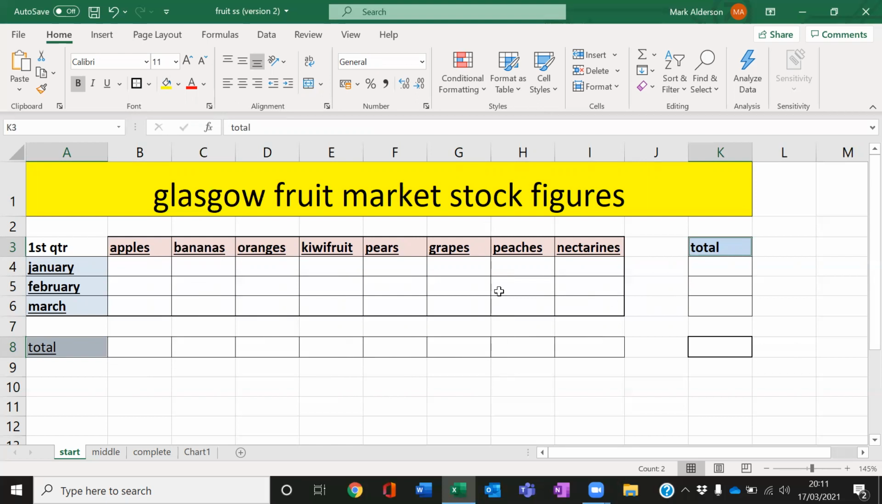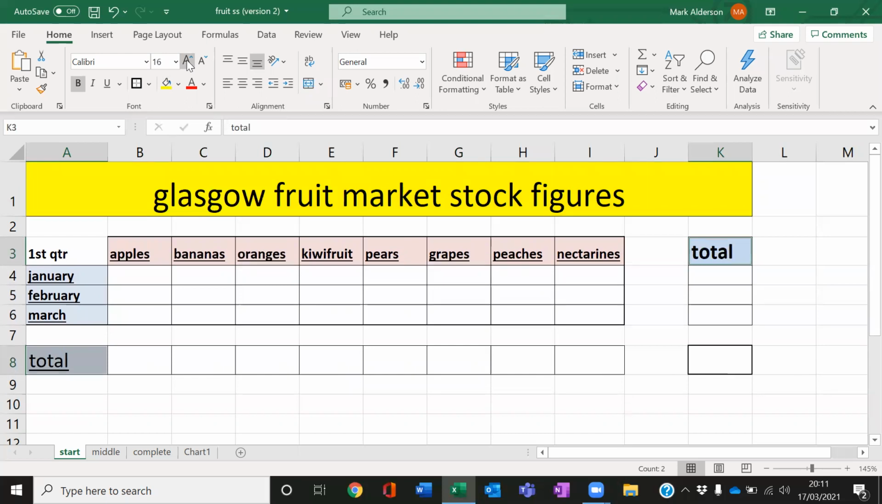So this is the start. We've got our heading merged and centered. We've given it a background color. And these 2 fonts up here, the big A and the little a, you can make it as big as you like. That's me playing with the heading. See what I did there? I was actually still